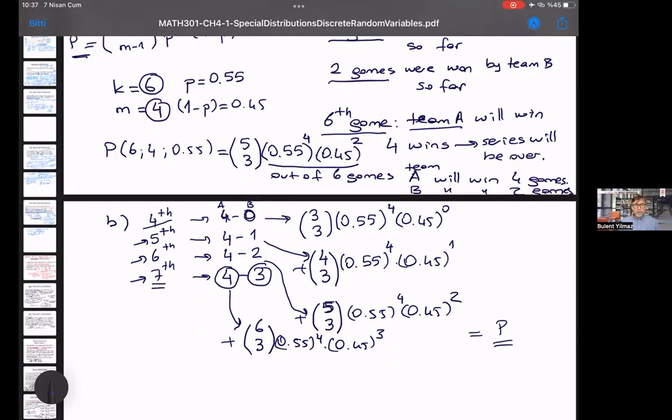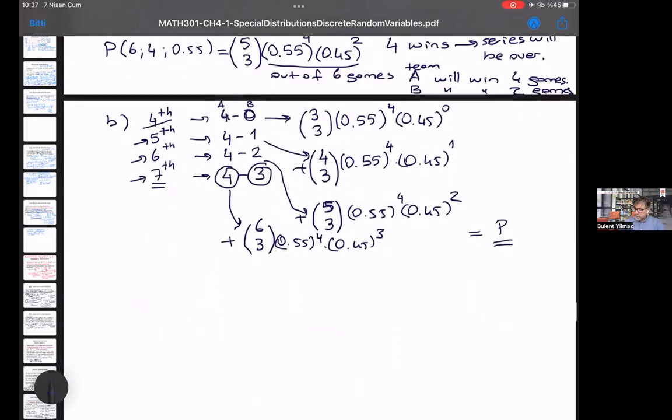Yes. Can we write this as an equation of sigma? Yes, exactly. You can write it. Let's write it together. So it will be like K going from 4 to 7. Okay, winning the series in the 4th game up to the 7th game, and I'm gonna write here